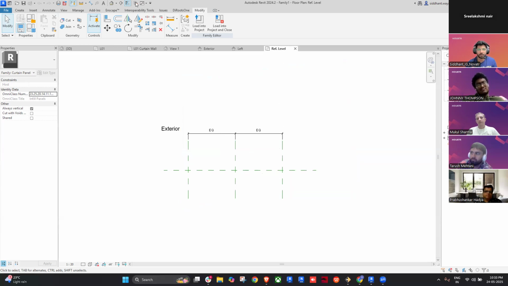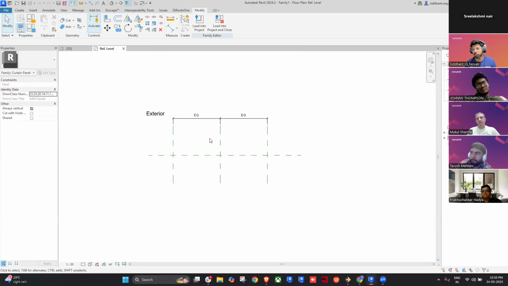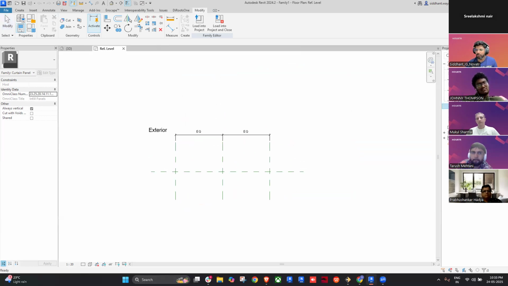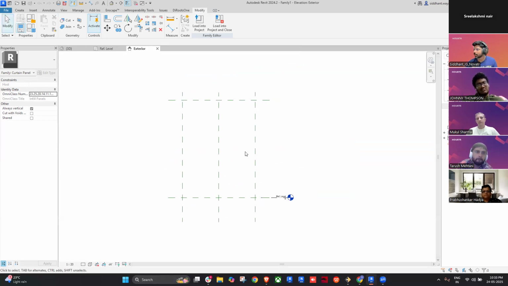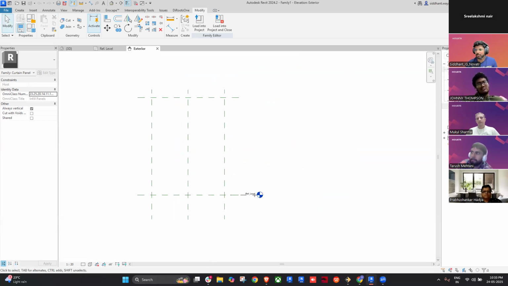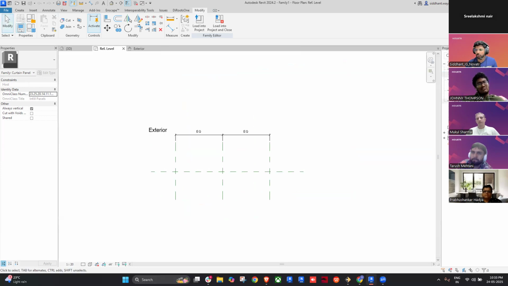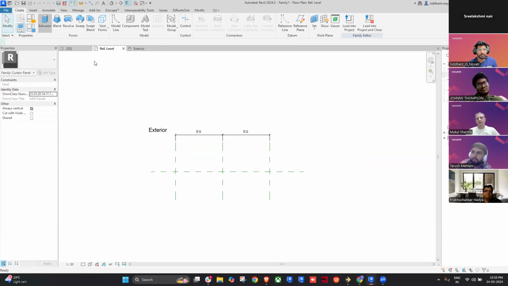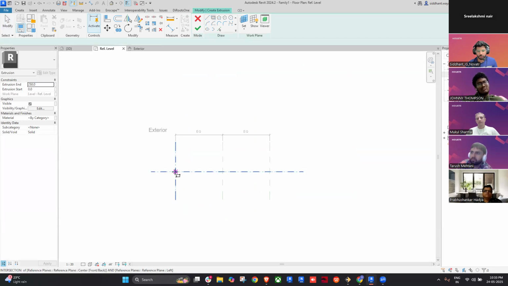If I close multiple tabs and show you the top view and the front view, you can figure out it's more like a rectangle, and that's all you need to do. So let's just create a panel first. I'll go to the reference level. I will drop a simple extrusion, which will have some thickness,